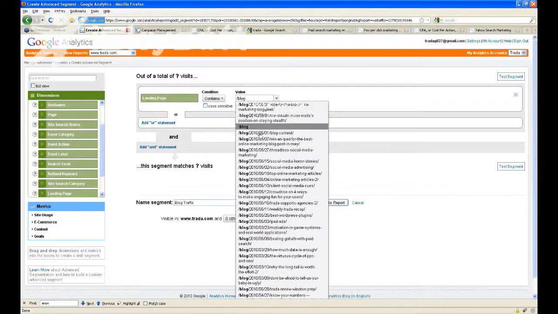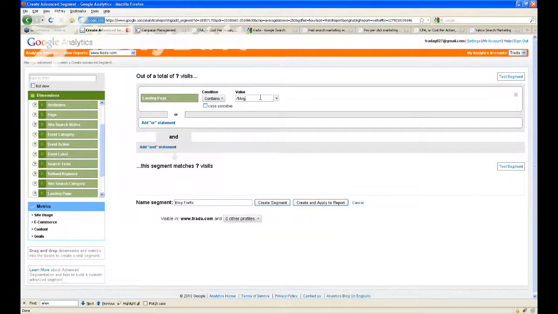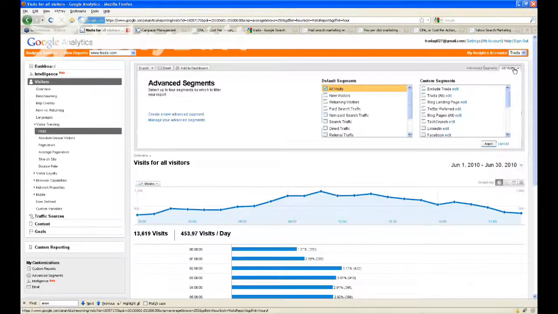As a side note, we've laid out our site very carefully so that things are organized into folders and they're named in very specific ways. It makes building segments and filters and things like this in analytics incredibly easy to do. So a lot of people don't think about this when they're building their website. When it comes to searching through data, the fact that I can type /blog and all of my blog information is underneath that is incredibly powerful. So I created this segment called blog.